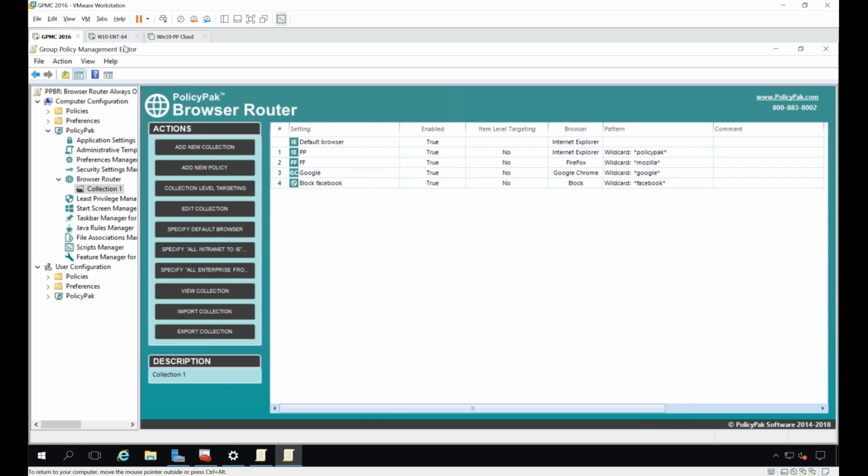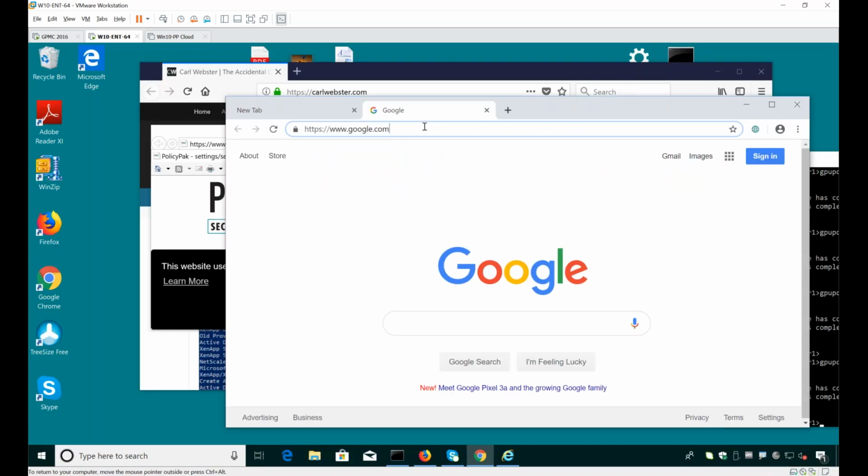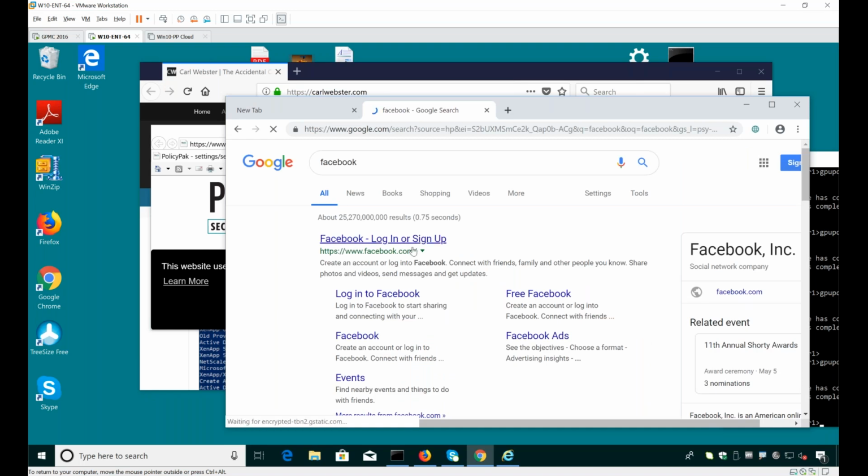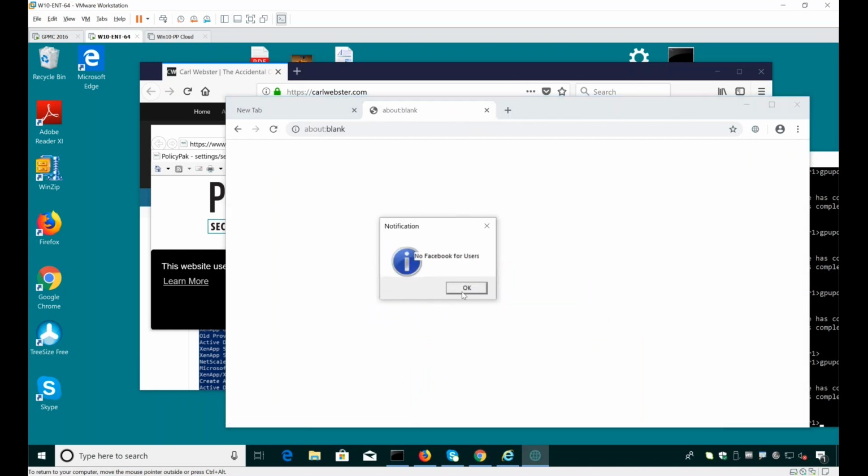Oh, also block Facebook. How's that for a little bit of an idea? So if you're over here and you decide you want to look for things about Facebook, and then you decide you want to click on Facebook, well, what happens? You get, no Facebook for users. So, it's good, of course, to have those big firewall style systems that are going to do all the heavy lifting to do that real stuff. But it's great in a pinch to be able to block websites that are being naughty from a policy level, such that you can't get to them from your browsers, just like that.